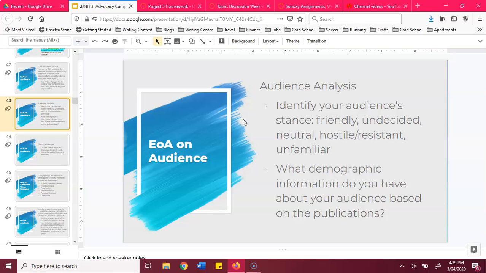Your textbook also talks about your audience in terms of being able to analyze their perspective. First, understanding where they come from, if they're really friendly toward your issue, if they might be hostile or really resistant, or if they're just unfamiliar and don't know much about it, is going to help you reach them more effectively. So as you read through your textbook, make sure that you're thinking about the demographic information of your audience and what you know about them, and looking into the genre analysis, what kinds of publications your audience might read.